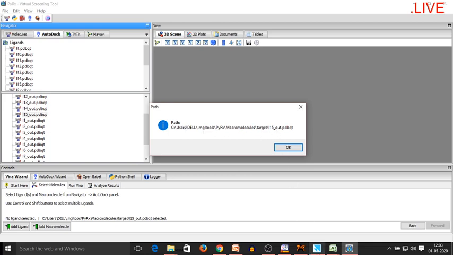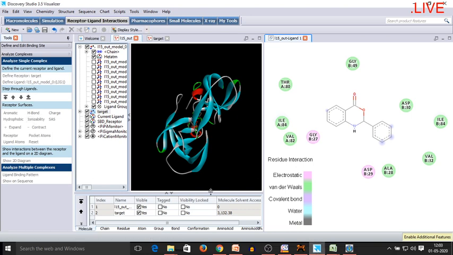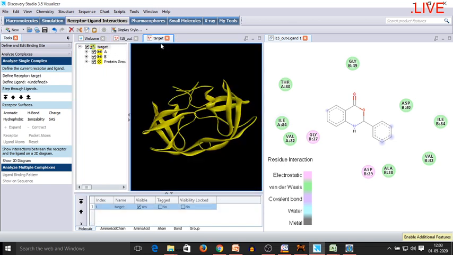Then we used the Discovery Studio software. What we did, we opened the ligand.pdbqt file that was saved in the out file format, and we also called the target.pdbqt file.